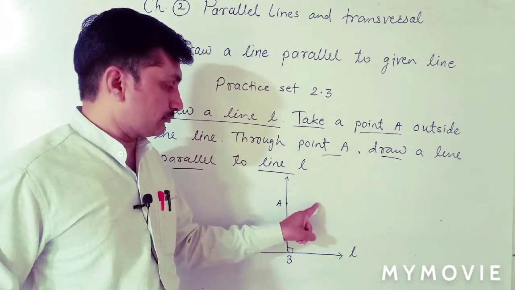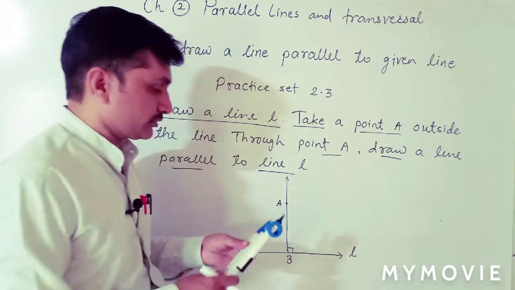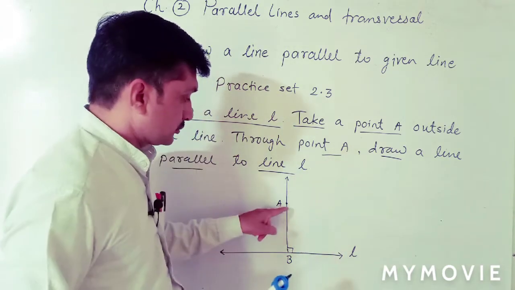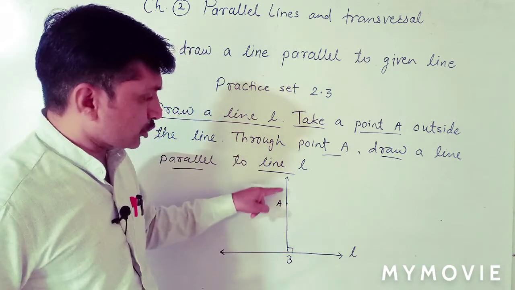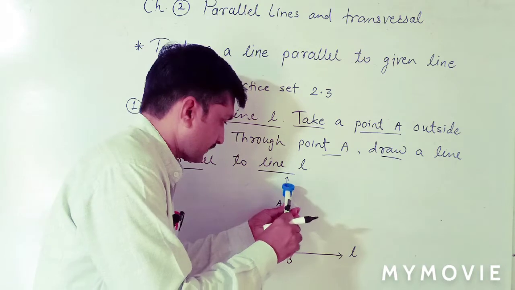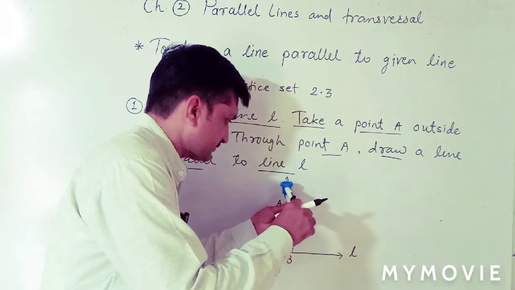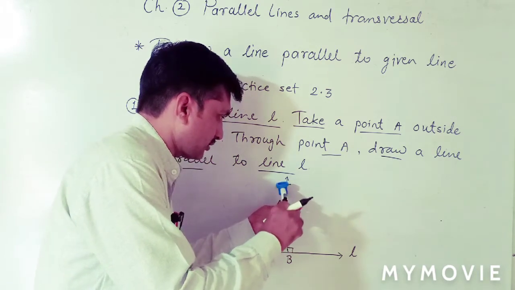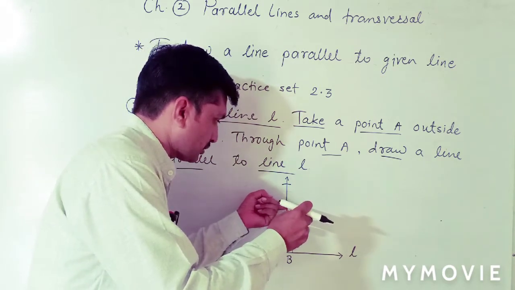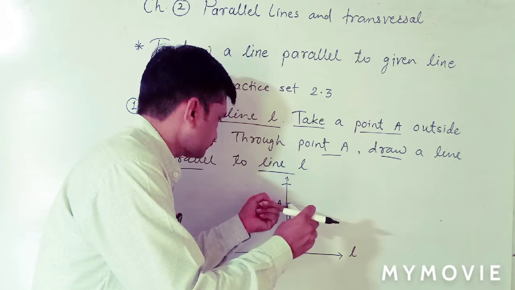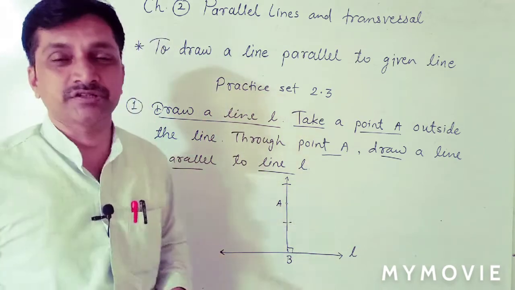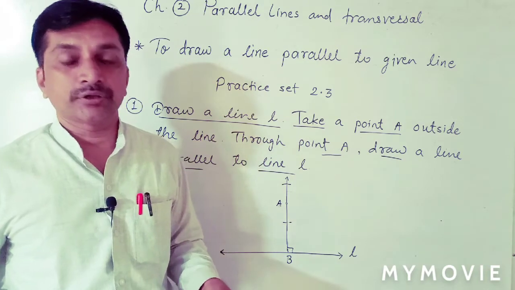Now for that we have to plot one more point here. Now use the rounder. This is the iron tip and this is the pencil tip. Take a fixed distance above and below point A by taking sufficient distance. Now here I draw one arc up, and a second arc by taking the same distance, draw an arc down. Here and here. Now we got a fixed distance.